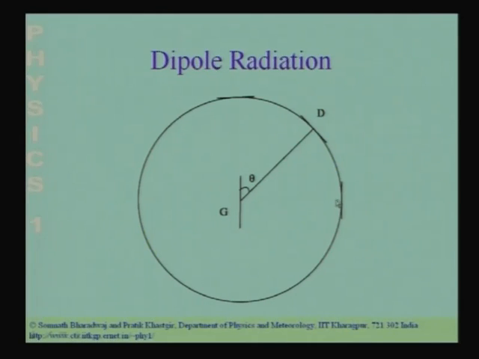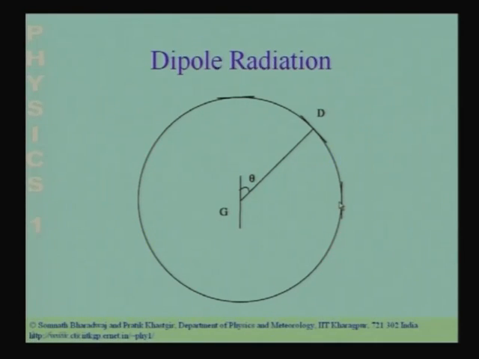So, let us consider the situation where I have a dipole located, let us say to start with, over here, and the dipole is aligned in the same direction as the dipole which is generating the signal. Now, the electron which is generating the signal is rushing up and down this dipole, the generator. So, let us ask the question, what kind of an electric field will be produced over here?